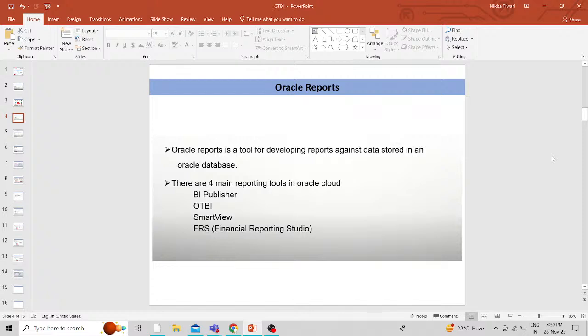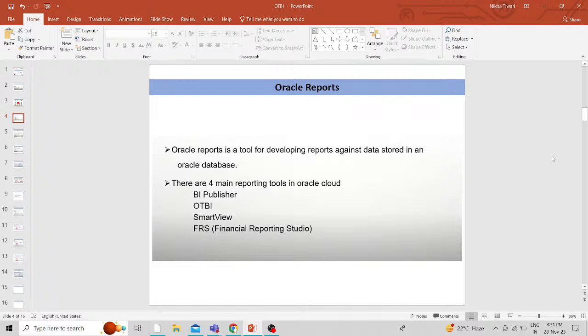So the best part about Smart View is that it enables you to interactively analyze your balances and define reports using the familiar spreadsheet environment. Smart View allows you to move dimensions from one level to row or column to obtain different views of data, supporting interactive analysis. So ad hoc multi-dimensional pivot analysis combined with full Excel functionality supports the following functionality, like